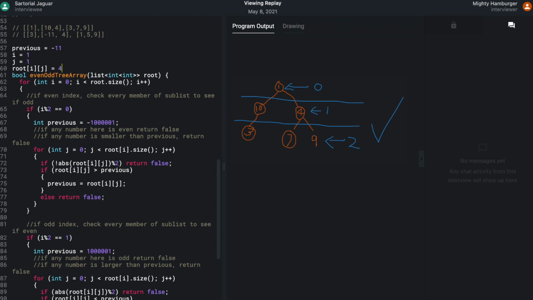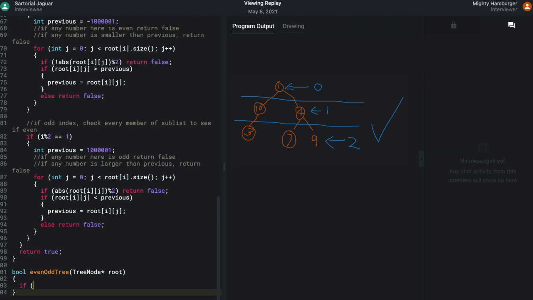You wrote down some very good comments in your other code, so maybe just do something like that, and I can get a general idea. Root is null, return. You might have to return something. However, I know that this is the base case. This is the case where it ends.